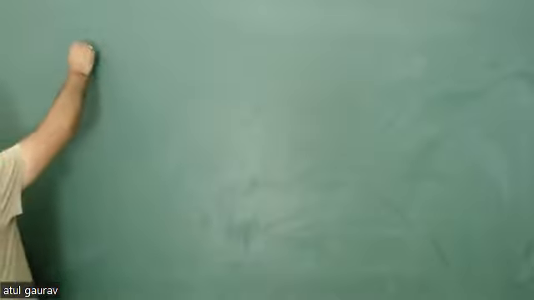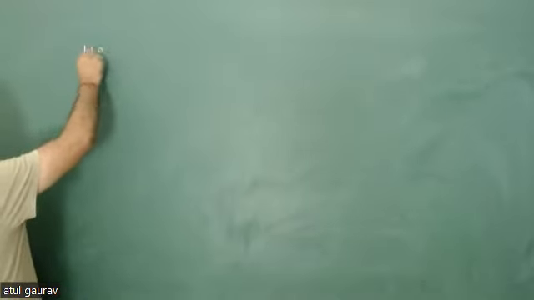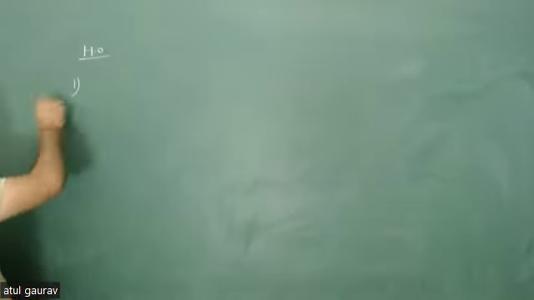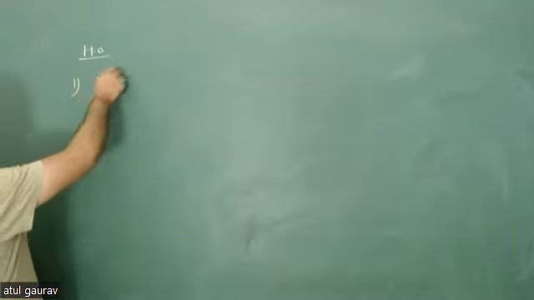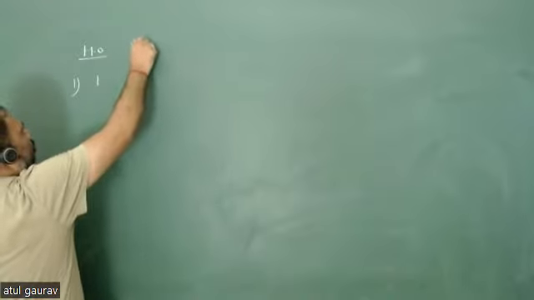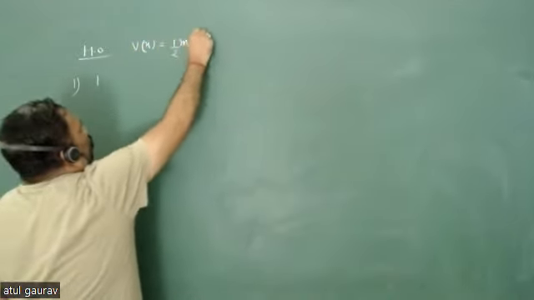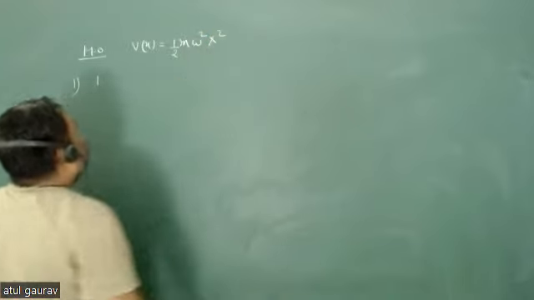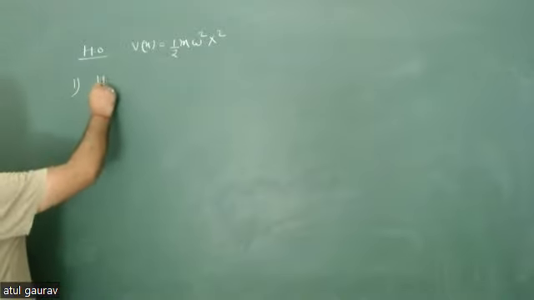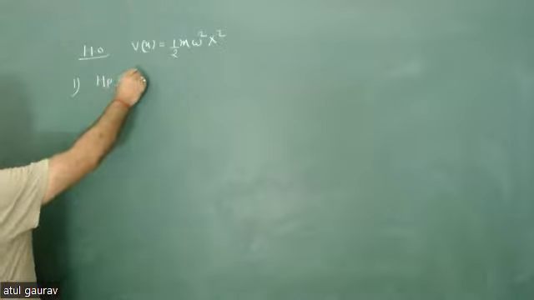Let's go for a harmonic oscillator. So first, we have a harmonic oscillator. First, V(x) is given by half m omega square x square. This is your potential energy, and this is your original or unperturbed Hamiltonian, and this is H_P is equal to